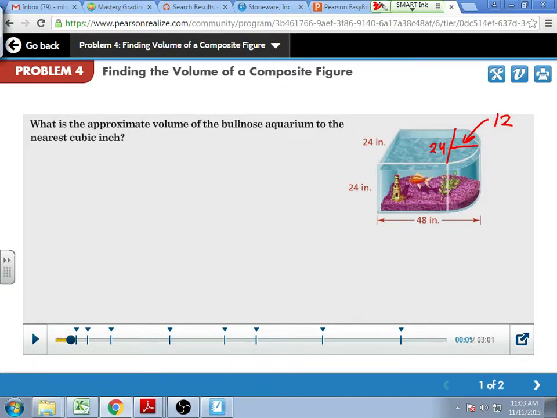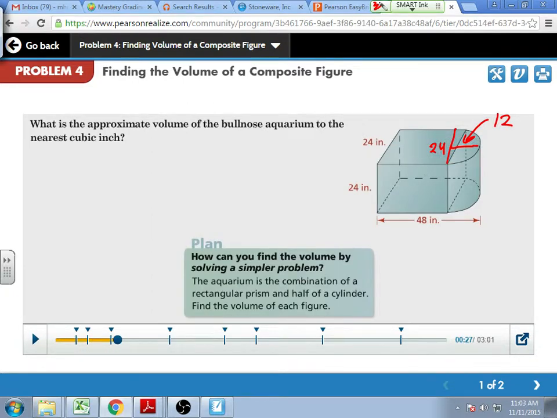True fact, Henry's fish tank is like 21 gallons. I think 21. Did he post that? You had to say 5.5 gallons. Every other photo that Henry has is a fish tank. Can we stop talking about fish and do math? But there was a fish tank. We are doing math.